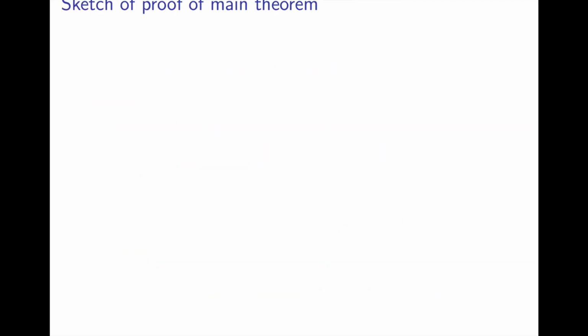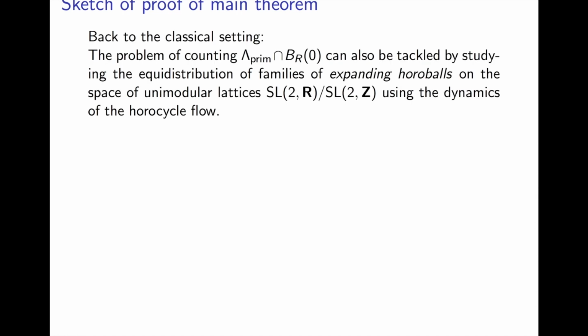So let me mention a brief sketch of what the new ideas entail. We were talking about this counting problem for primitive integer points inside a ball of radius r. One way of tackling this problem is how I mentioned before, but another way, which is probably more familiar in the world of homogeneous dynamics, is that instead of studying these counting problems, you can reduce them to statements about equidistribution of expanding